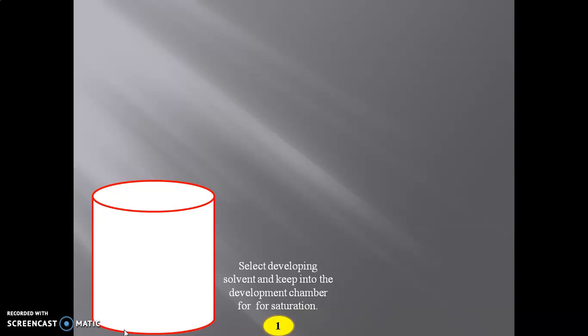If one knows the chemical nature of the solute to be separated, it is possible to find a suitable solvent by using the original Stahl's triangle, which interrelates adsorbent activity, nature of the solute and nature of the solvent. Once the mobile phase is selected, select the development chamber, add the selected solvent into it and cover it. Keep it aside for 1 to 2 hours.